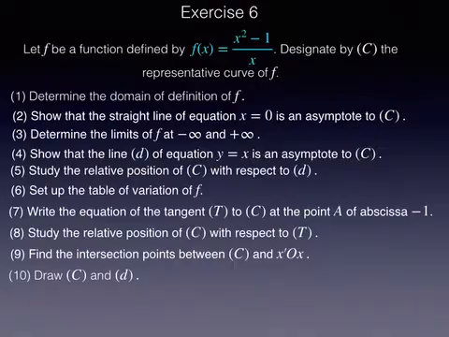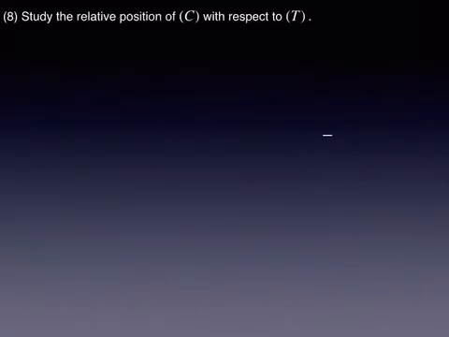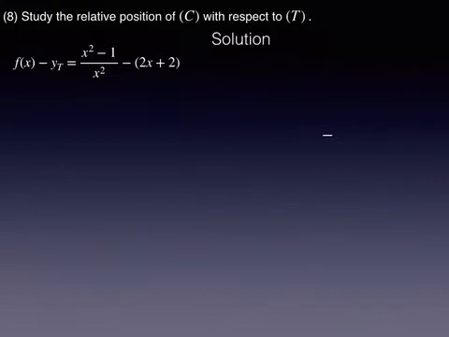Hi everybody, we will continue exercise number 6. So now we need to solve part 8. Study the relative position between curve C and the tangent T found in part 7, which has an equation y equals x plus 2. So first of all we need to evaluate the expression of f of x minus the equation of the tangent